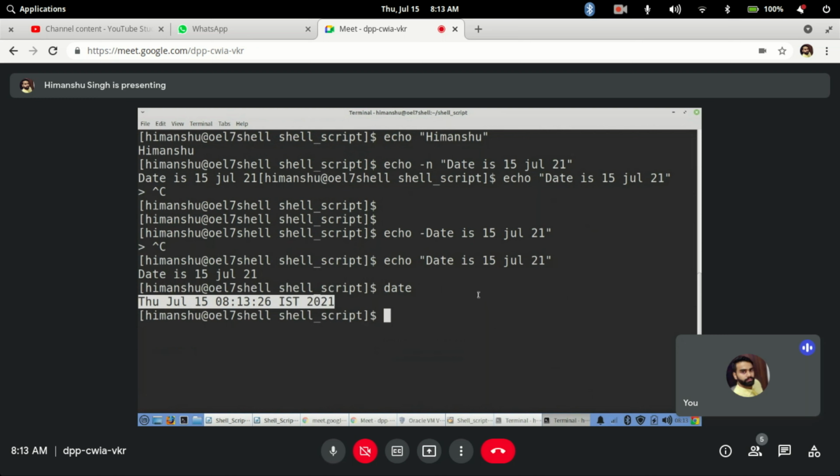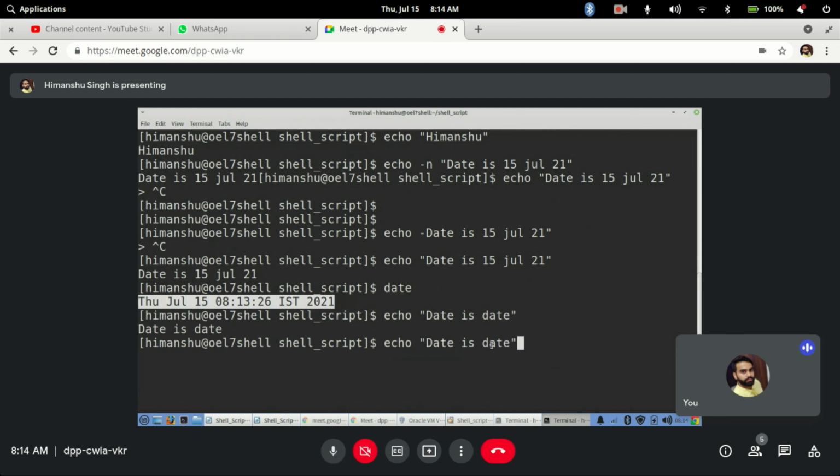So what you can do is use back quotes. If you want to interpret a command, you have to use back quotes. So let's say I write date is, and I want to execute the date command inside this echo command. If I just write date, it doesn't know what date is, so it will say date is date.